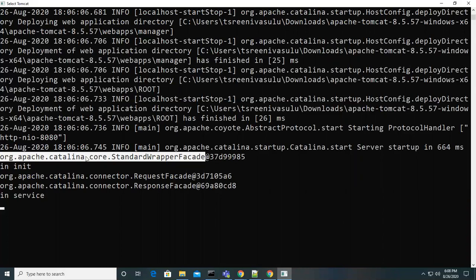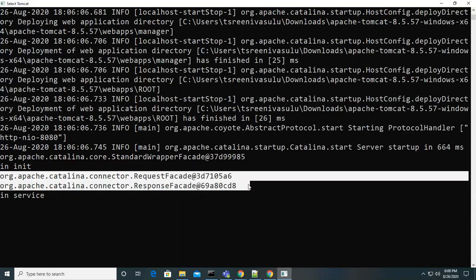It is already implemented by someone. The dot class is already available in a jar file in the server, and the server took that class, created the object, and passed that object to call that method. Before calling the init method, it has to create the object. Who did all these steps? The server only. Server is taking care of all this. You only just call that resource.